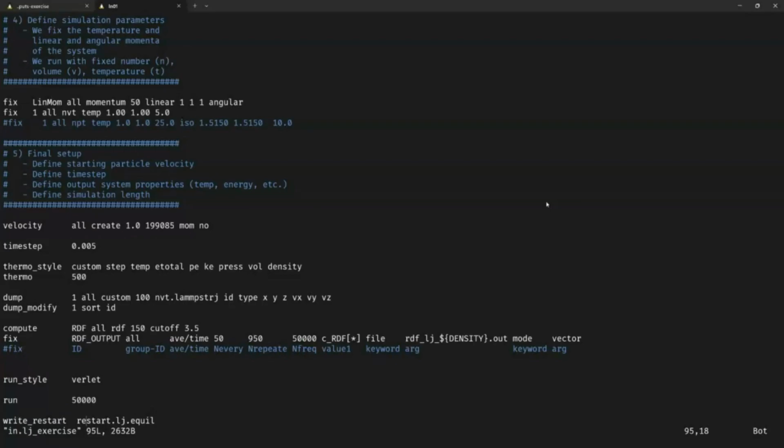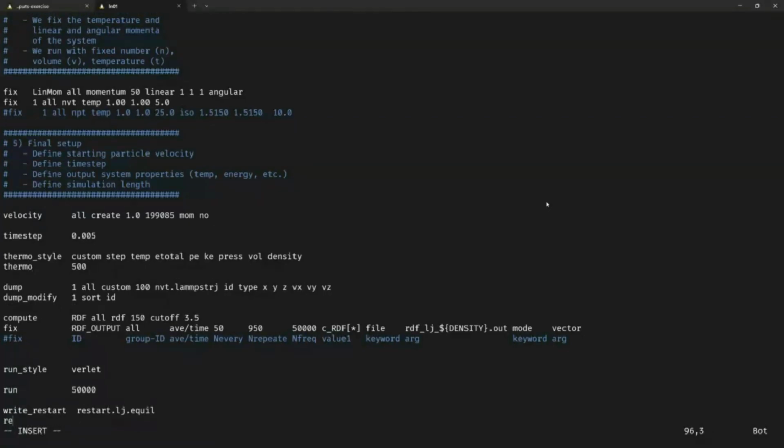So you shouldn't really use a restart file between LAMMPS versions, and you probably shouldn't use a different number of cores either, because the way that the binary data is structured depends on the number of cores that you started the simulation with. If you want to do that, I would recommend you write a data file instead, and we have an example in the course material. But instead of a write restart, you'd have a write data,